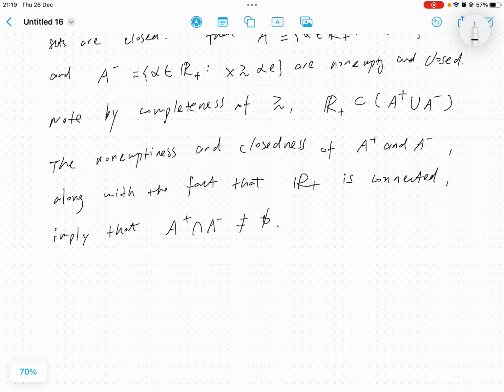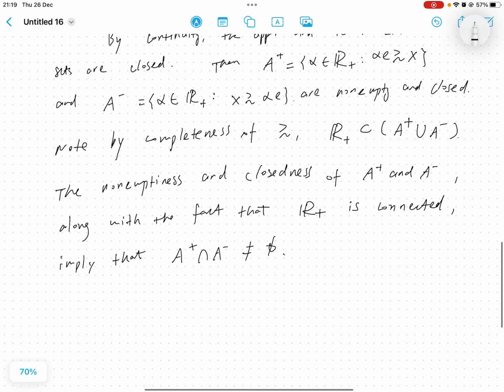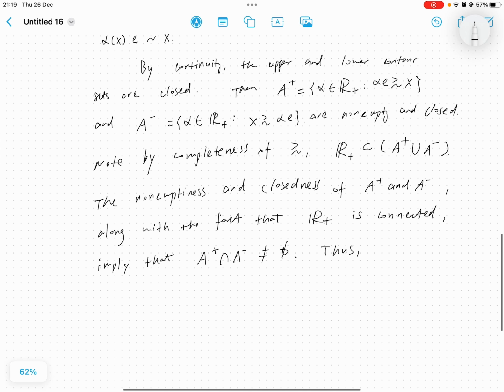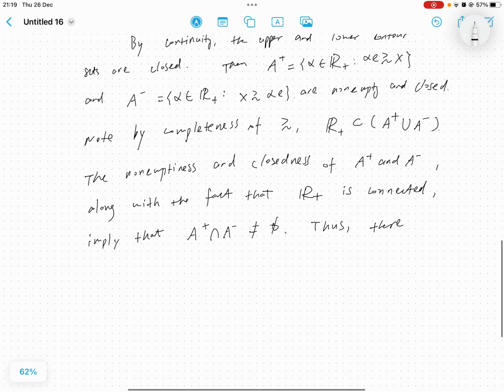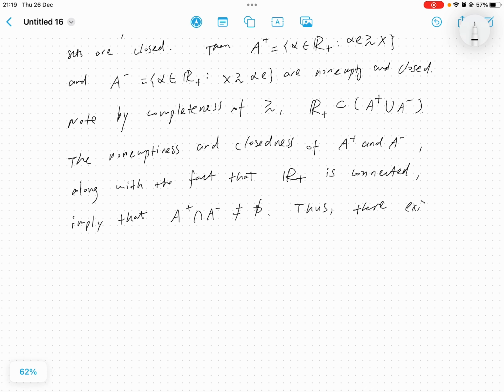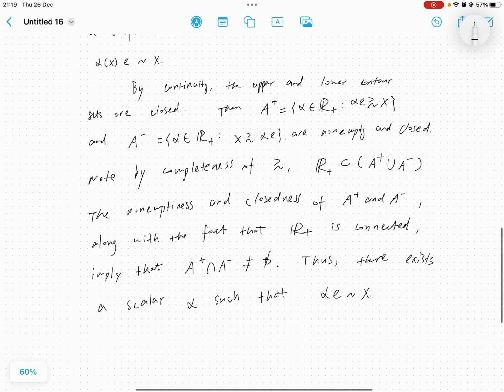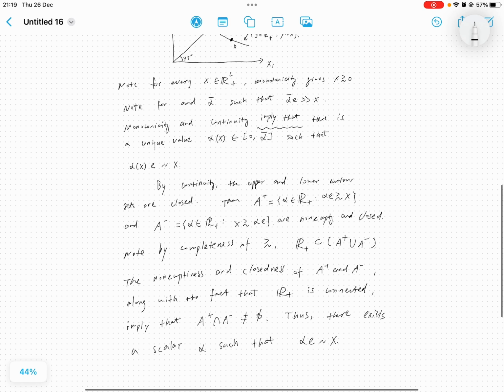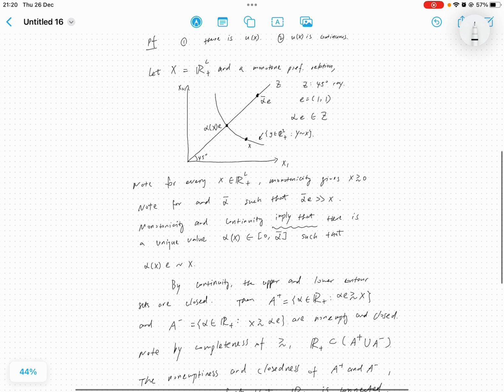So that would be all the conditions that we need, right? And thus there exists some real number, or some scalar, alpha such that alpha times e is indifferent to x. You could regard this A plus as the upper contour set and A minus as the lower contour set, but here we simply consider this on the